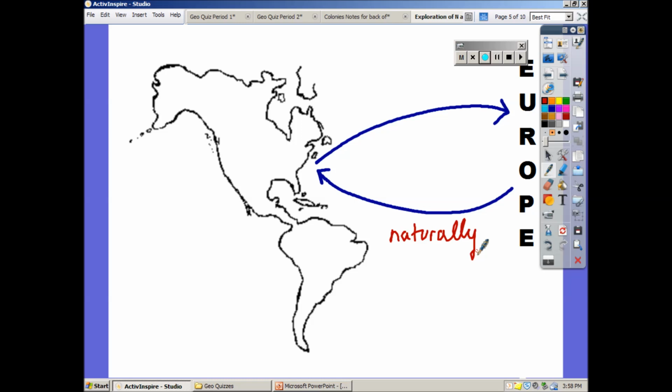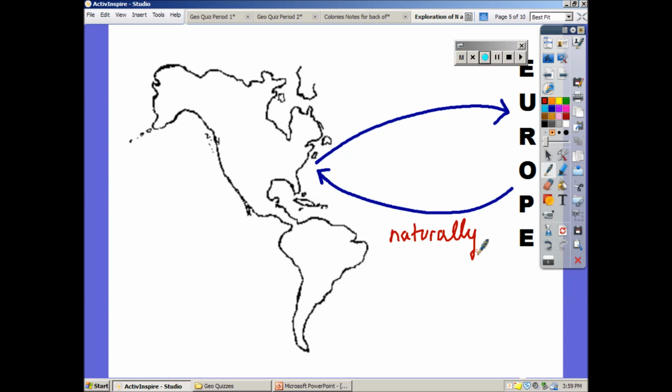So, some of the key things, for instance, tomatoes. North American, brought back to Europe, and the Italians end up putting them on spaghetti. And by the way, that spaghetti didn't come from Italy either. It came from China. Those are Chinese noodles. Now, at the same time, horses. Horses were from Europe. Indians in North America didn't use horses. They ran around with their spears and with their bows and arrows and with their knives, and they hunted on foot until all of a sudden somebody introduces a horse, and all of a sudden things change for the Indians.